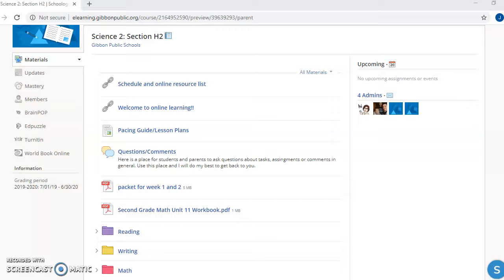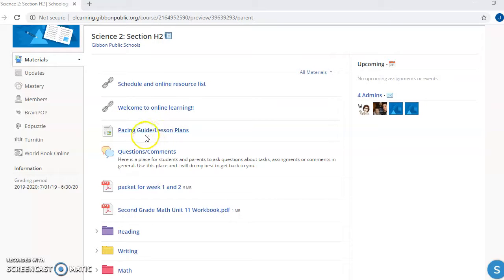But I want to let you guys know that there's been a few changes. Like I said, Mrs. Rasmussen and I did our very best to get things ready to go last week for you, and I'm finding that I made errors and that I'm still making changes. So what I want you to know is the paper copies that you got home with the lesson plans, you can go by that, but the most updated and the most recent lesson plans are right here in our science section. Remember, it's all in our science section.